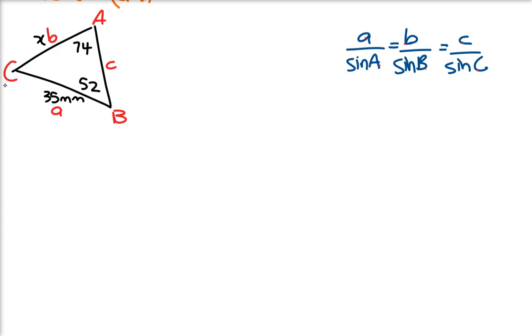Replace the letters. So replace what's in blue over there with whatever the appropriate thing in black is, what's next to it in red. Good colour coordination, hopefully you're not colourblind. So what we're going to say is A, which is 35, over sine A, which is 74, is the same as B, which is X, over sine 52,